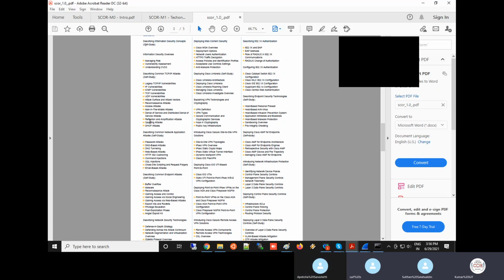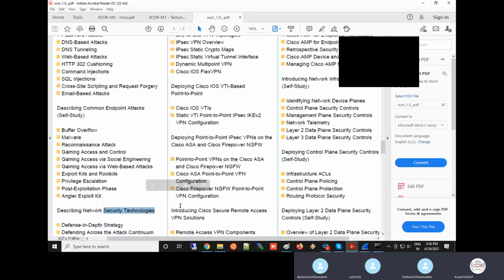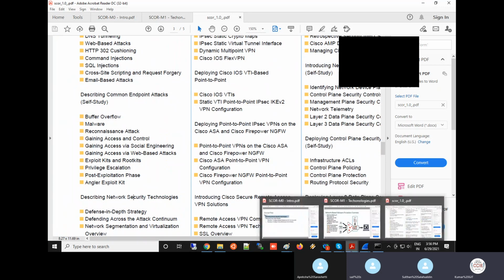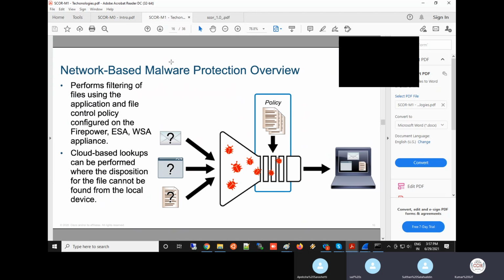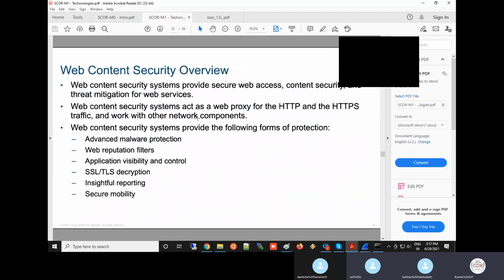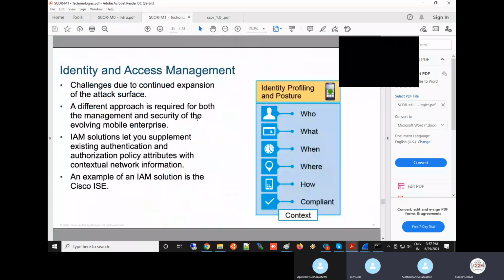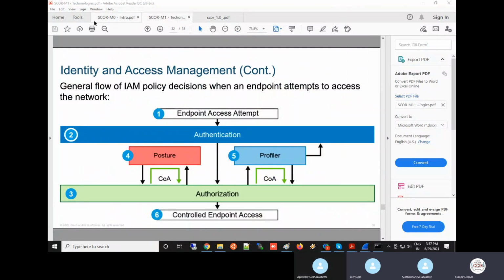So I'm just giving you some idea. Now we are going into depth on the security technologies. This is our next topic. There is a presentation for everything. Till now I don't have any presentation. From security technology I have a presentation that I will share with you. This is the syllabus, and this is the presentation I'm covering now: next generation firewall, email security, web content, DNS, AAA, identity. Everything we are going to study. That is the next topic, today's syllabus.